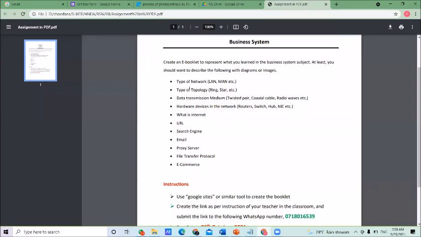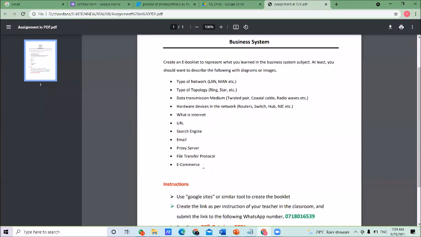Types of network, these are the things you want to describe. That means all of the things I am giving here, you want to describe. We learned more than that, but at least you want to describe these things.